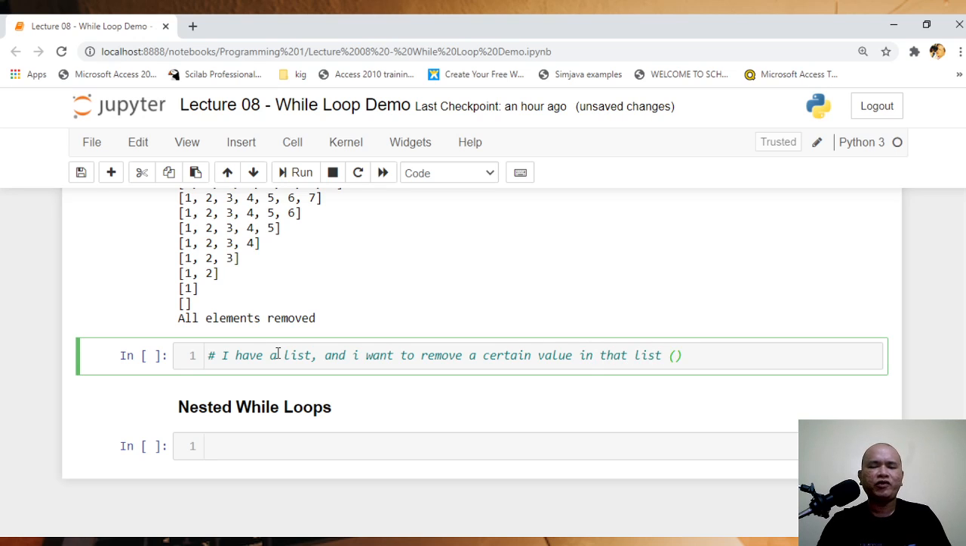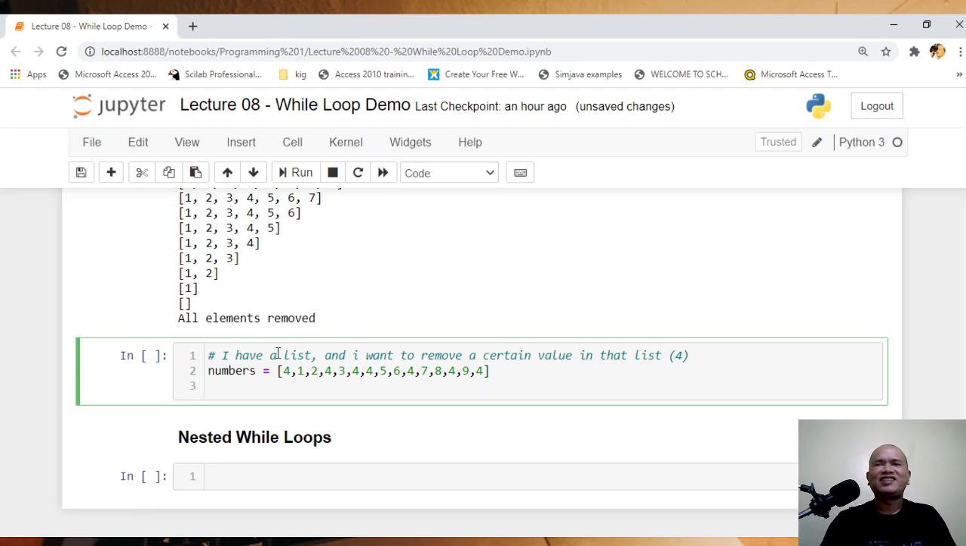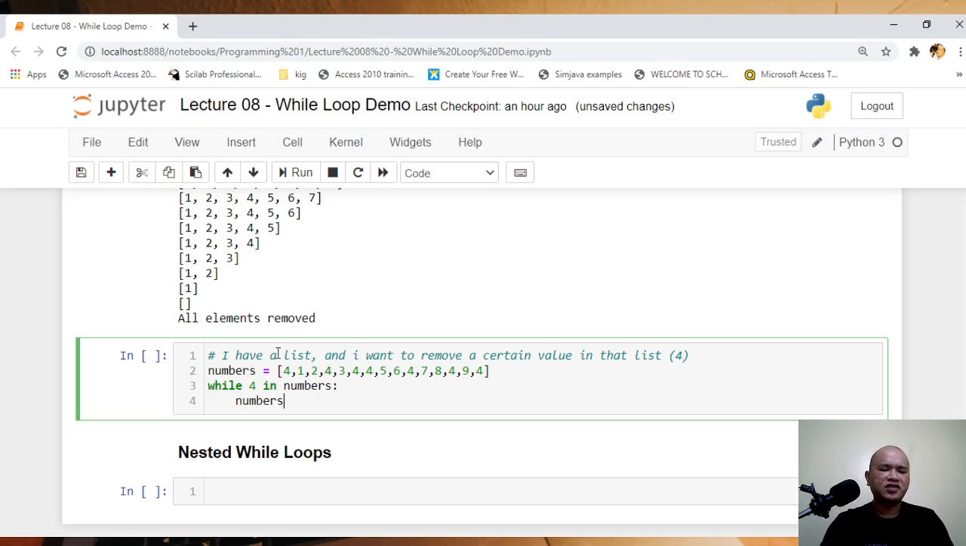Let's say the value that we are going to remove is 4. Okay? Let's create a list. Numbers is equal to 4, 1, 2, 4, 3, 4, 4, 5, 6, 4, 7, 8, 4, 9, 4. Okay. So while 4 in numbers, colon, numbers.remove(4),